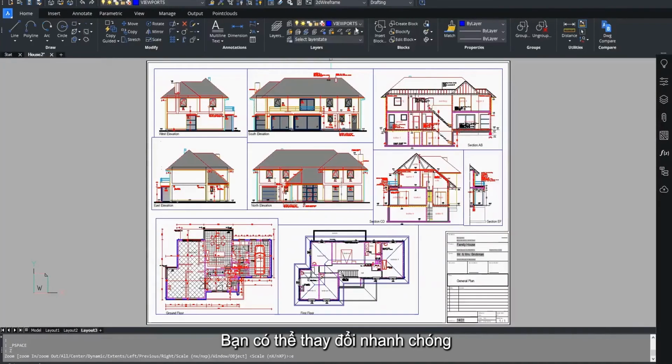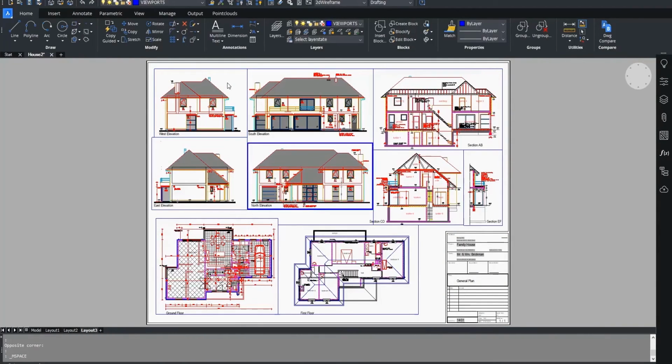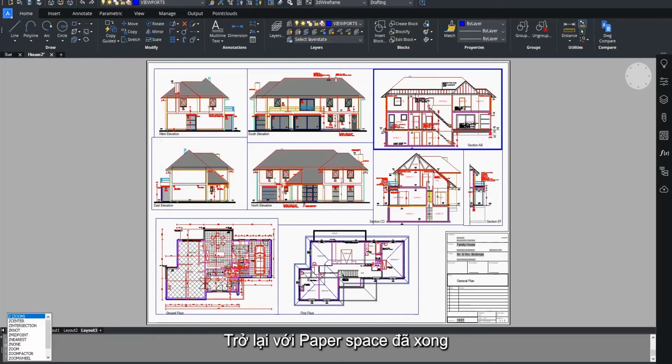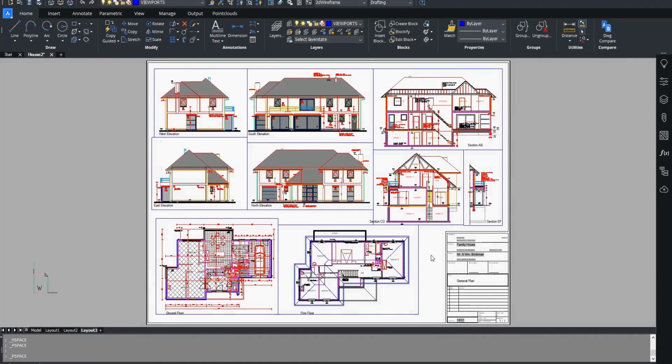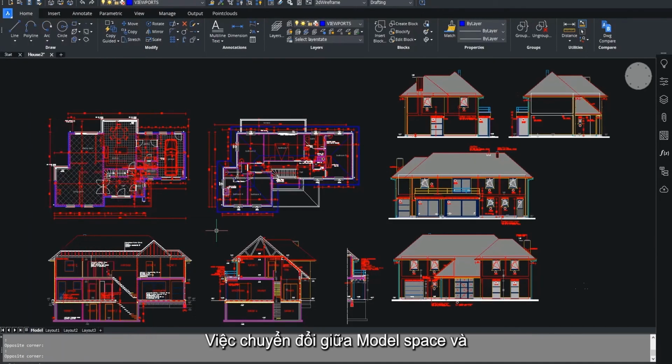You can quickly change the current viewport using Ctrl-R. Going back to paper space is done by using the paper space command or double-clicking outside a viewport. Switching between the model space